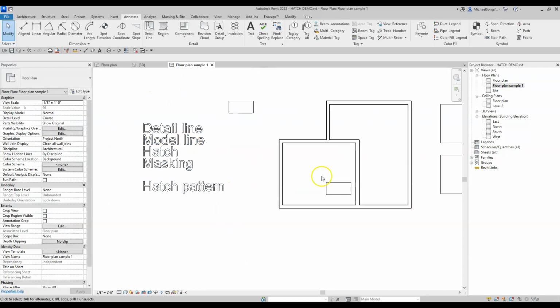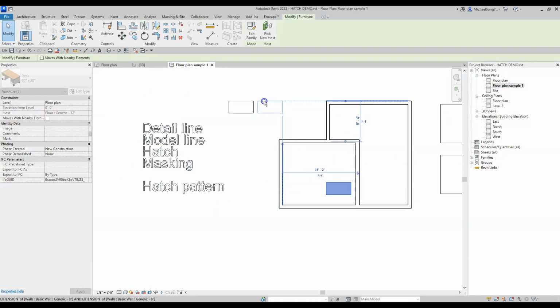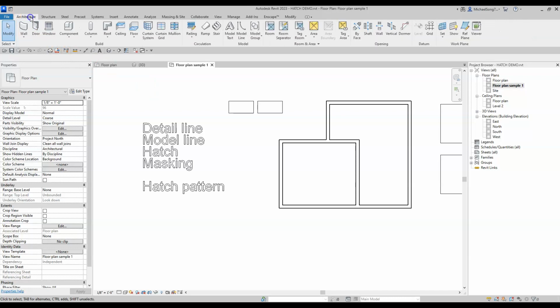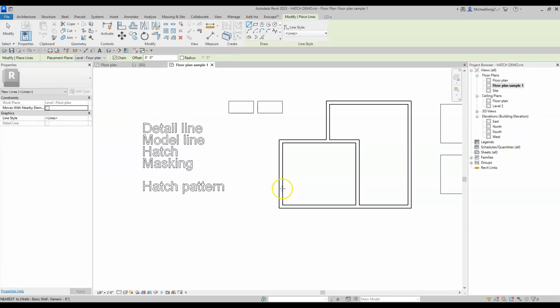So similar to any other component, which is a 3D model, a model line behaves the same way. To get to a model line, it'll be under Architecture, and then you click Model Line, or LI for shortcut. And I forgot what shape I just drew, but I'm going to try to draw a similar little doodad. I think it was something like